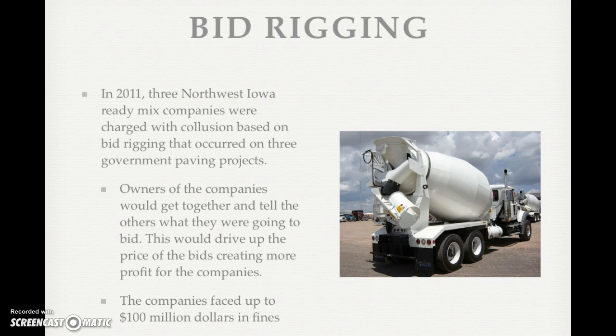Because these were basically the 3 big companies in the area, it was almost guaranteed that one of the 3 of them would get the job, and they would get it for a lot higher of an estimate than would normally be expected. The government eventually found out about this, and the companies themselves faced up to $100 million in